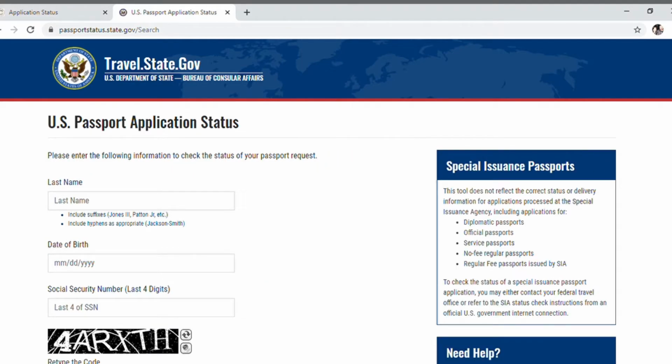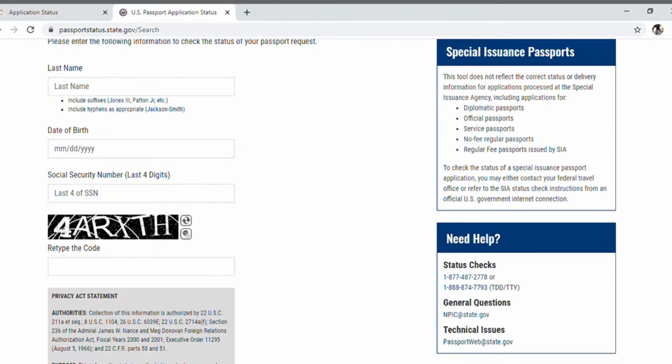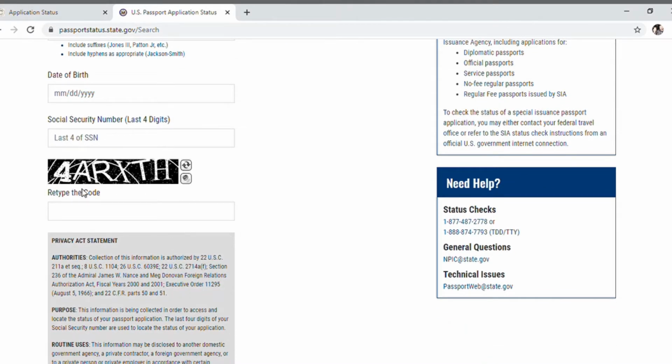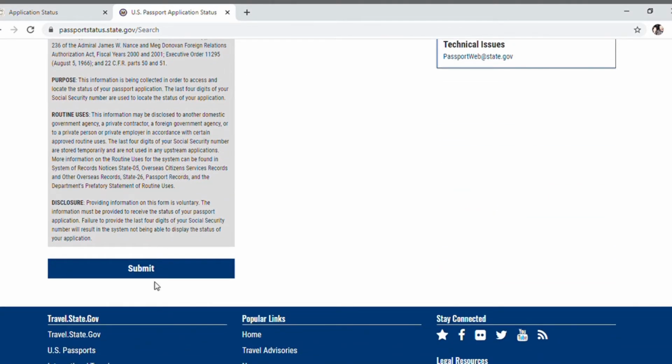And then when you get in here, guys, this is where you're gonna fill in your last name, date of birth, and your social security number. And you just have to do this thing here. This is to identify that people are the ones trying to access their website, so that it's not a computer doing this. So you just have to type in whatever it is here. This one changes a lot, and then you just have to submit, and you'll have your status on your passport,